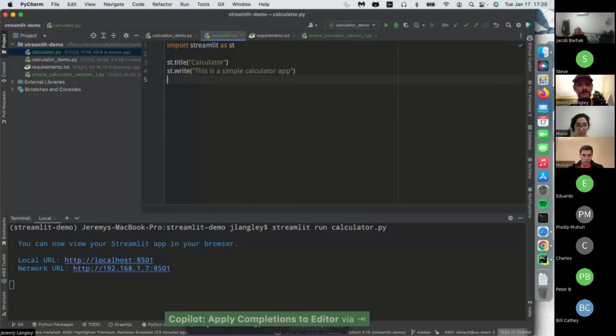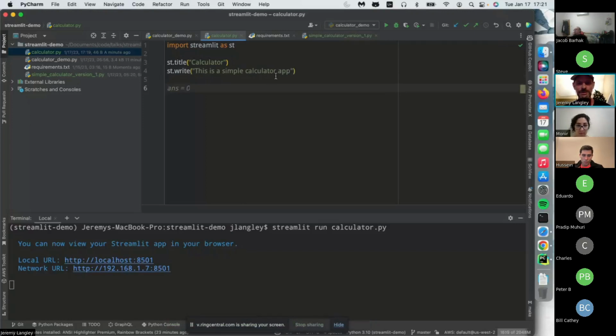All right. So I've typed out some of this before, so GitHub Copilot knows what I'm going to write. Which is a little unnerving, but it's also nice. In this, I want to have the most basic calculator that I can think of, and that's going to be